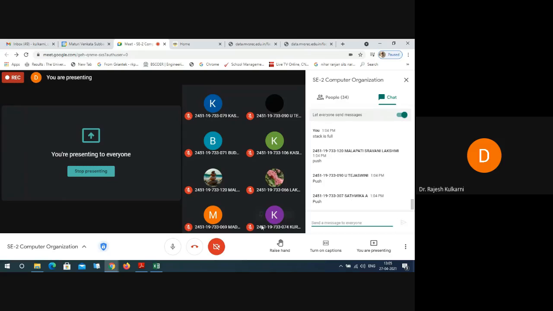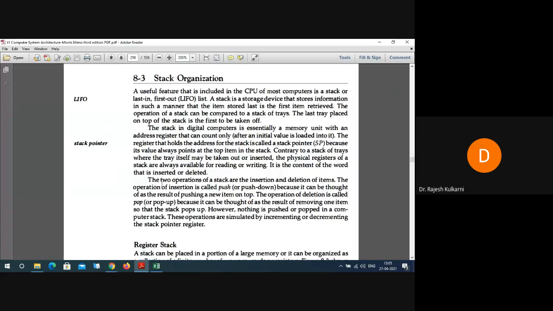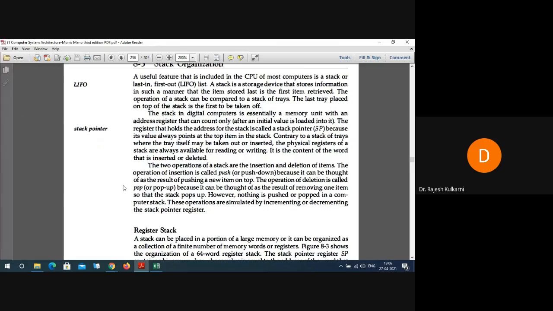Now, why is this stack very important to us? Because a stack is nothing but a piece of memory. And in this piece of memory, the stack operation is very suitable because we have to convert all our higher level languages into machine understandable form. For converting into this machine understandable form, these stack operations are suitable.